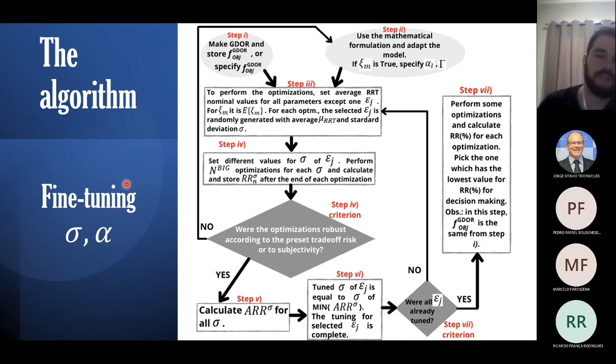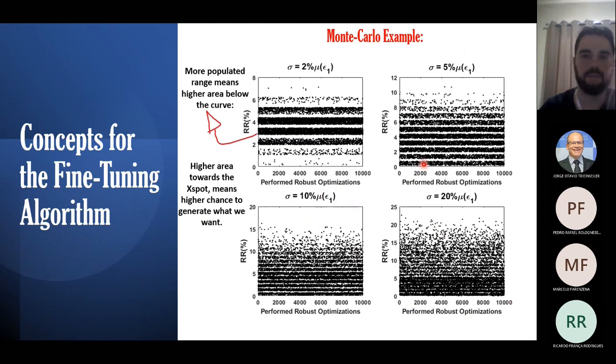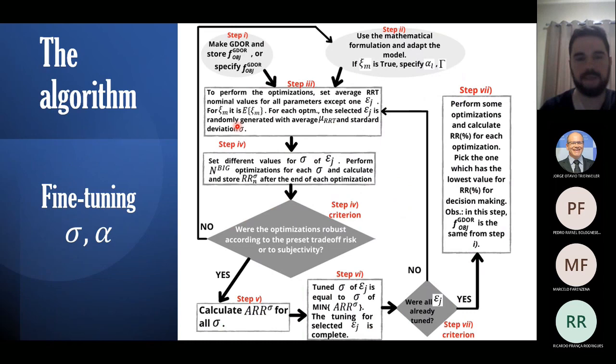You're going to set different values for sigma. I set 4 in the previous example here. But in real case problems, if you have a supercomputer, a cluster, you can set from 2 to 20, for example, you can set 1,000 points. Okay. But as I didn't have a supercomputer and my time was very small, I didn't have the chance to do it. So, okay, here you have to set different values for sigma for each J uncertainty, normal uncertainty,